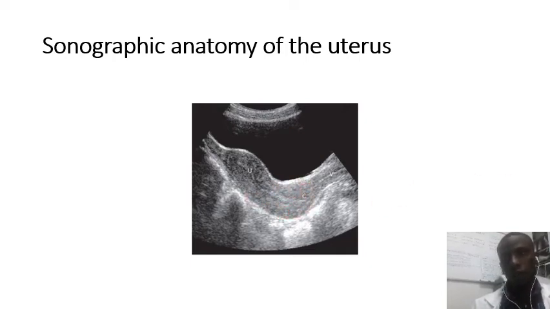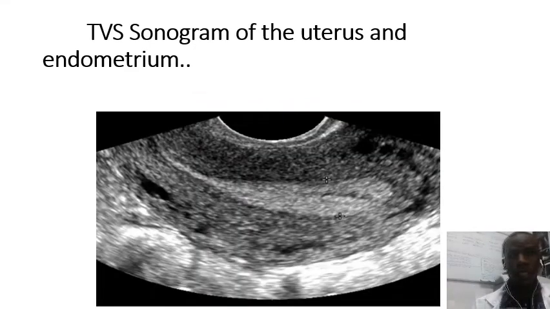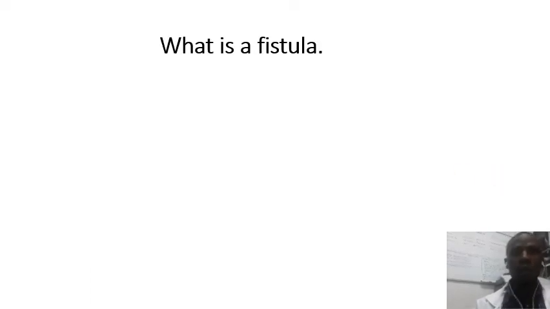Okay, so after having that, we can still see this image, which was obtained using a transvaginal approach. So it is of the uterus. We can see the myometrium and the endometrium clearly. Okay, so after now getting what a normal uterus looks like, at this moment we can try